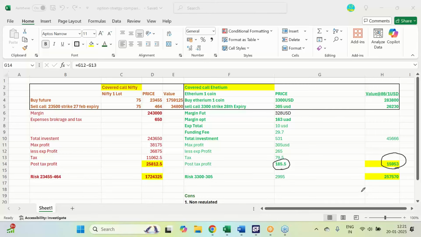15,950. But here you can see your risk is 2.5758 lakhs and potentiality to earn is 16K. Here you are taking 17 lakhs risk, potentiality to earn is 25K. Which is the wisest thing? You decide. If I do not take bigger risk of 17 lakhs, I'll just take a risk of 2.5 lakhs